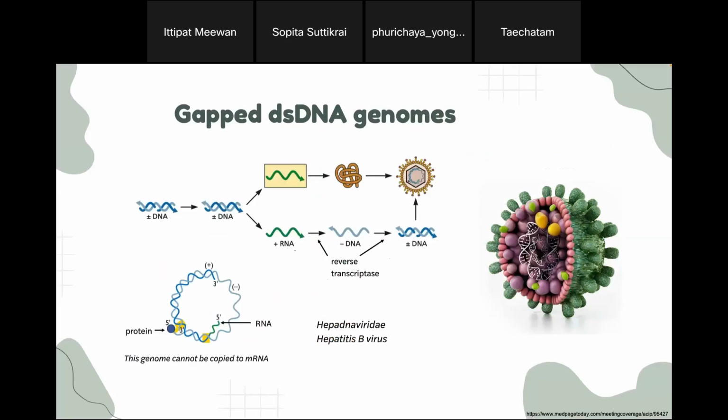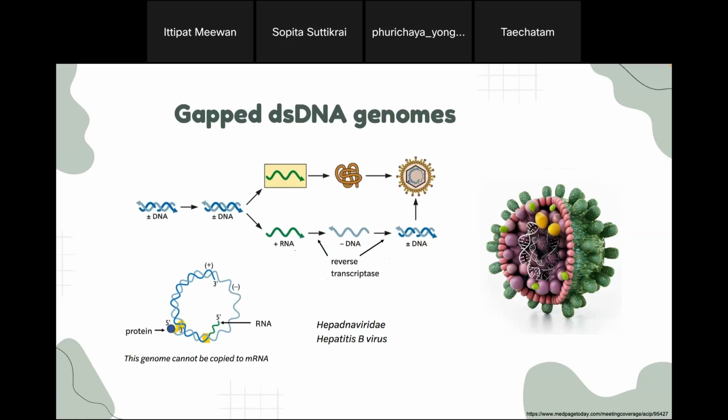Okay, and then I'm going to go next to the gapped double-stranded DNA. For the gapped double-stranded DNA, it needs additional steps to make the mRNA. For the gapped or truncated type of double-stranded DNA, when it gets into the body, the body will trigger the repair system. It senses that this DNA is damaged, so it depends on the cell's machinery to recognize the damage and repair the gapped DNA first, and then make the complete double-stranded DNA